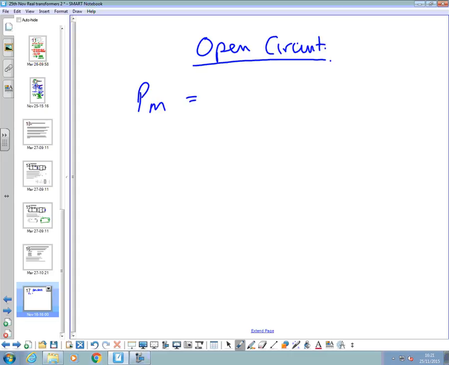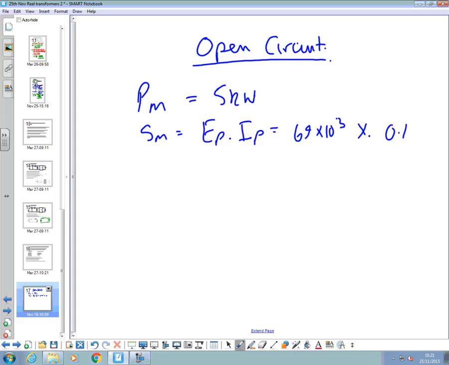So PM was, from the test given, 5 kilowatts. Then I calculated SM from EP times IP. We had 69 times 10 to the 3, 69 kilovolts, multiplied by 0.15 amps. That equals 10,350